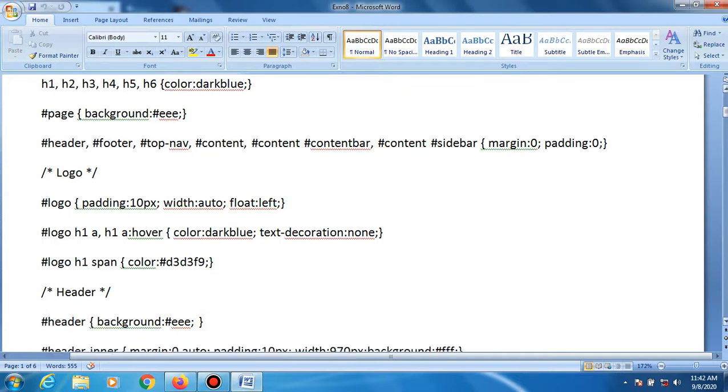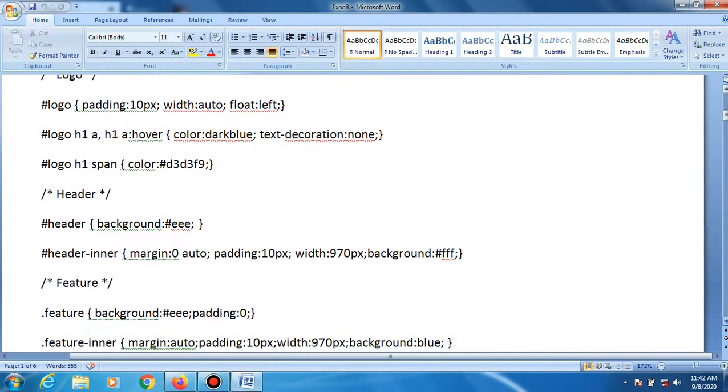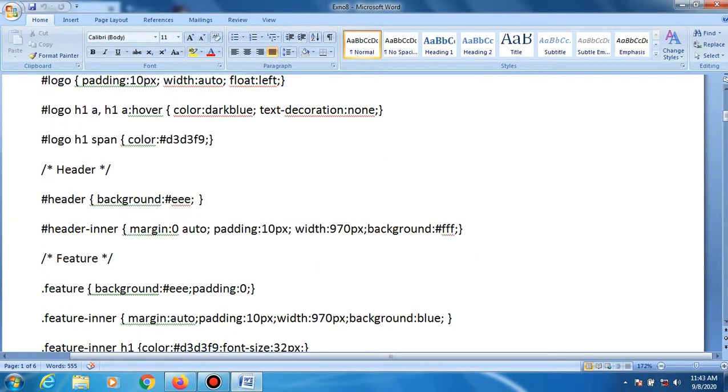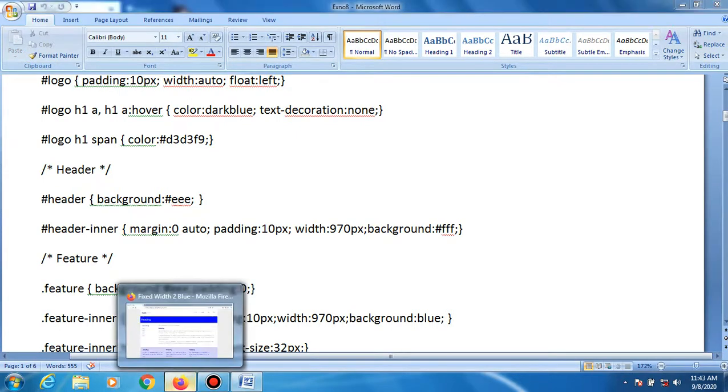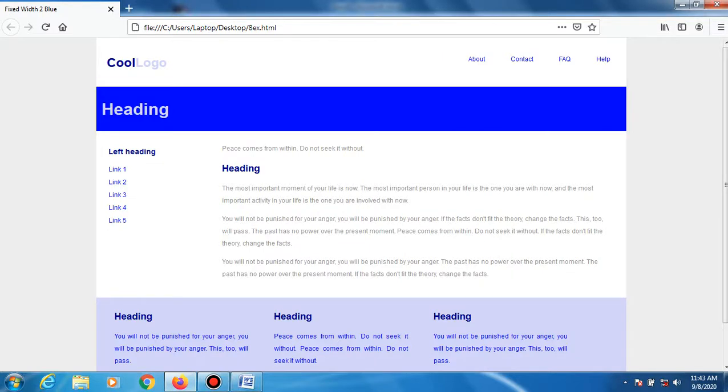And we come to the next one, the header background colors, where a color code is defined, and how the header looks inside. As per the demand of the user, as per the requirement, the outlook of this header changes. Here the background color of this header is dark blue, and the font color is white.